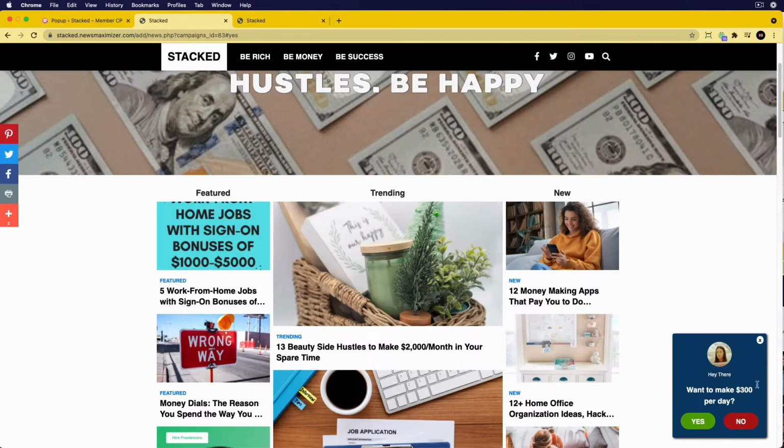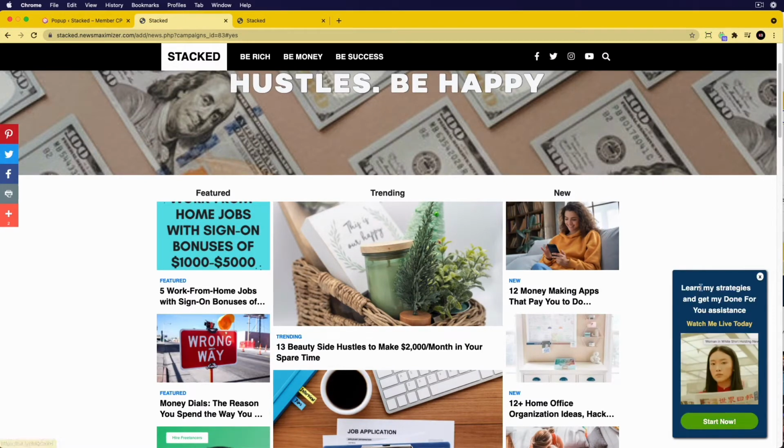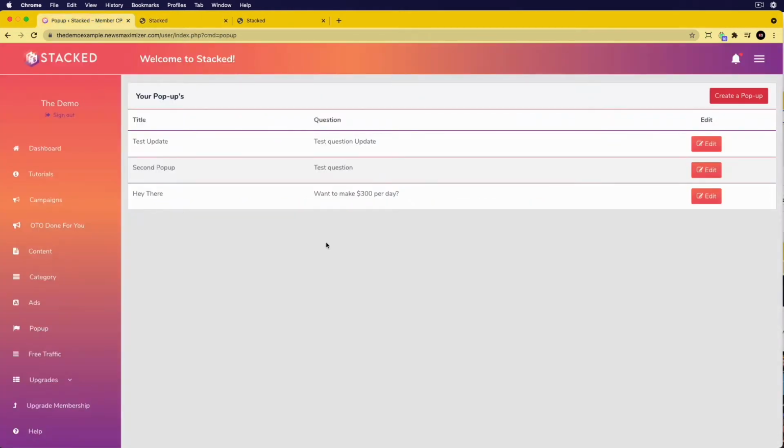So let's look at the pop-up. If we look at the example, that's the pop-up, and you can see we've got an image there. We've got a top message, a question. We've got the yes. Then we've got two bits of text, the image, and then the button. So if we look at our example here, we can click create pop-up, and it should display it in